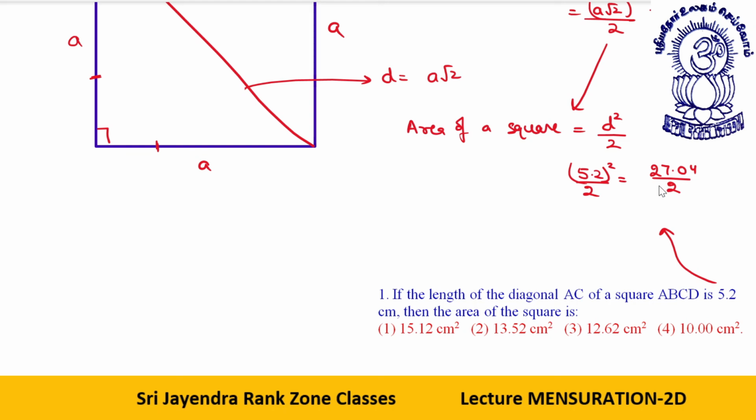I have told you the basics for the shortcut of calculation technique. See, 52 square. 52 is how much more than 50? It is 2 more than 50, so I'll add 2. Now the square of 2 is 04. So 2704. This is 5.2 that way, okay? So this will be 13.52 centimeter square, okay?